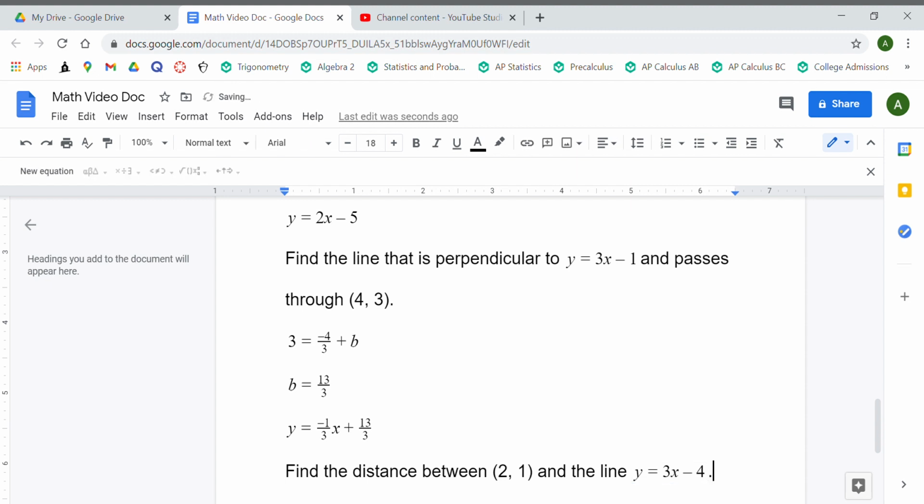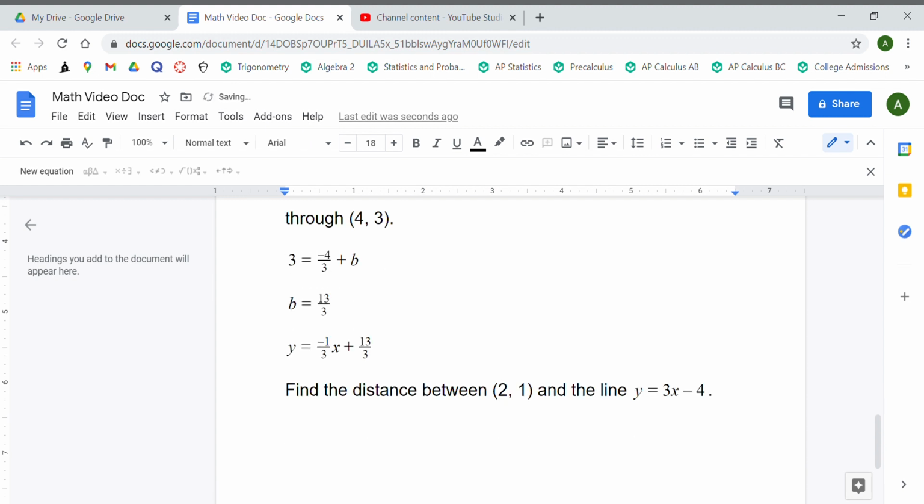Remember that the shortest distance between a point and a line is the distance represented by a line that is perpendicular to the line that is given to you. So, in order to find that line, we need to figure out